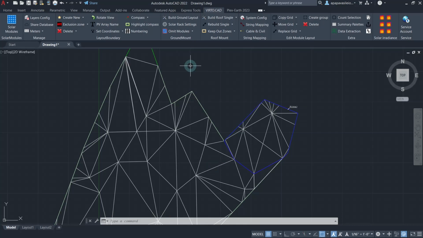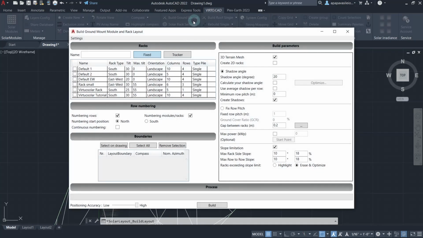Now, the time has come to bring our solar panels to life. To do that, click on the Build Ground Layout command of ground mount panel of Virtocad. On the pop-up window, you will be prompted to select your racks, boundaries, positioning, as well as build parameters. Virtocad will automatically recognize the 3D terrain mesh you imported and created with Plex Earth.